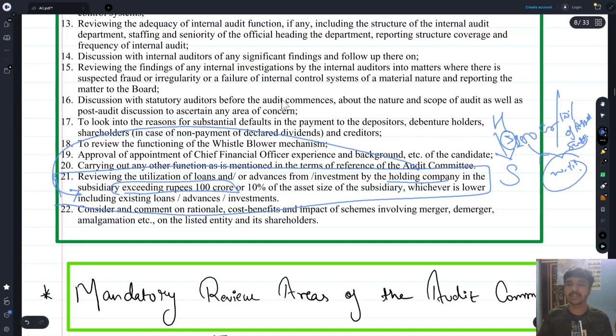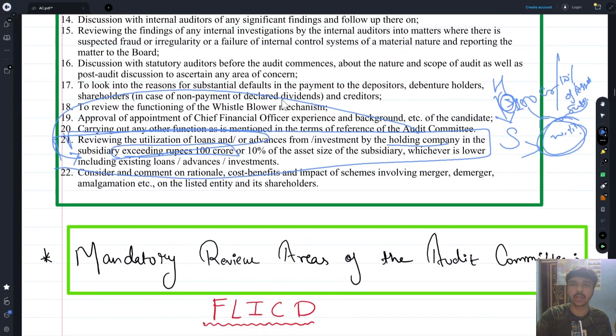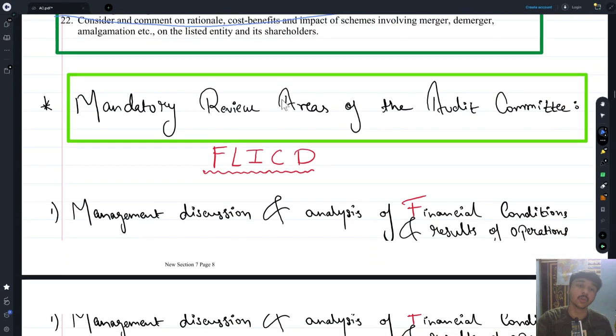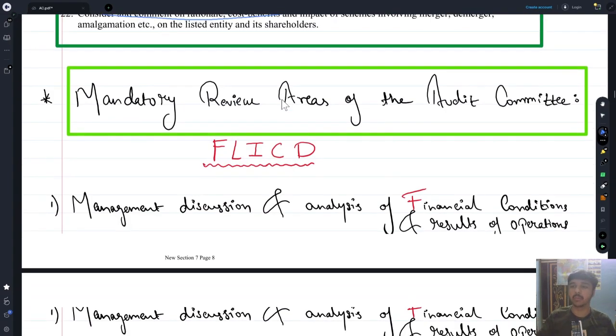If I have given some investment or some loans which is exceeding this amount, then the audit committee has a role that it can review the utilization of it. So whatever money I have given to the subsidiary, what the subsidiary is doing with that, I can go into that. Now comes the very important part, something which is much needed: the mandatory review